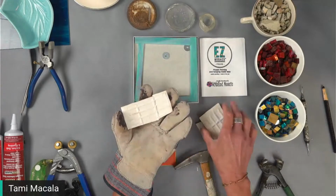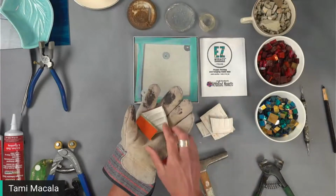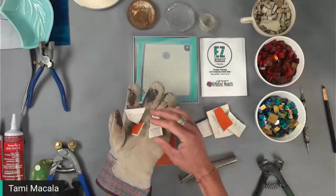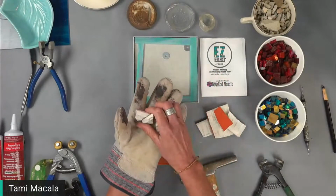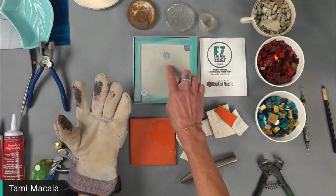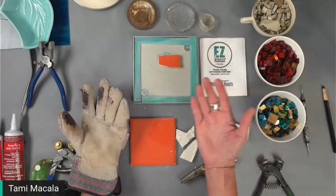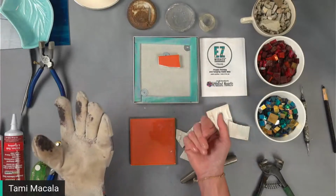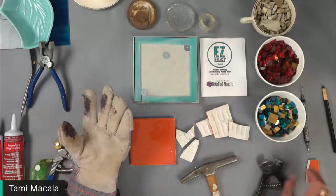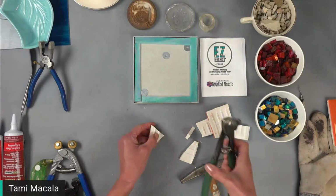So then what I will do is I will break it again. So smashing it again, and this is not hurting my hand, but I just get it down to a size that I think is manageable. So these 3 pieces are pretty manageable, but it depends on the size of the piece you're working on. So since we're going to be working on this little 6x6 frame, you don't want to have big, maybe you do, but if you have big gargantuan pieces, you're really not going to be able to fit much interesting stuff in here. So once I've broken that tile down, I then come in with my side biter nippers